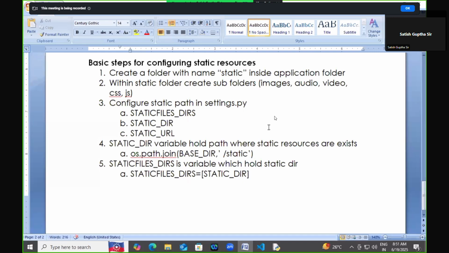So you can create it in the application folder or in the project folder. If you create it in the project folder, just give slash static. If it is created in the application folder, just give the application name slash static. Then the next one is static URL. What is the name of this variable? Static URL. Now static URL is used for defining